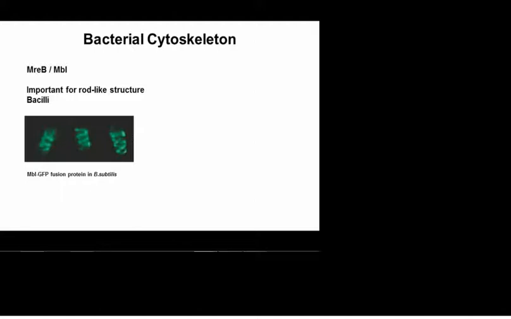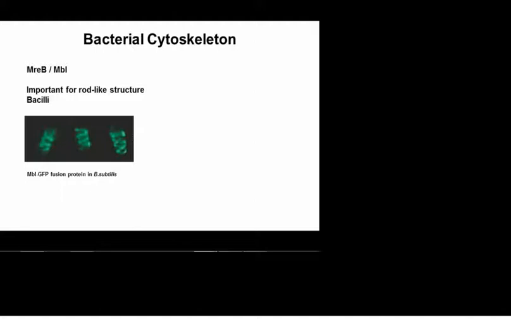However, there are proteins that have structural homology and perform similar functions. So the bacterial structural homologue of actin is MreB, that's in gram negatives, and Mbl, which is for MreB-like, in